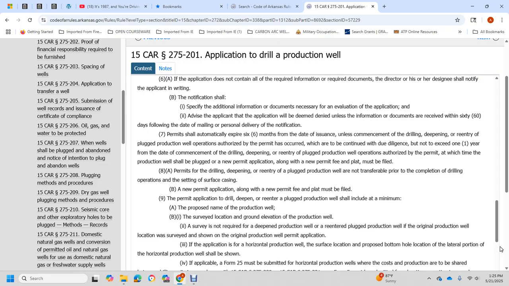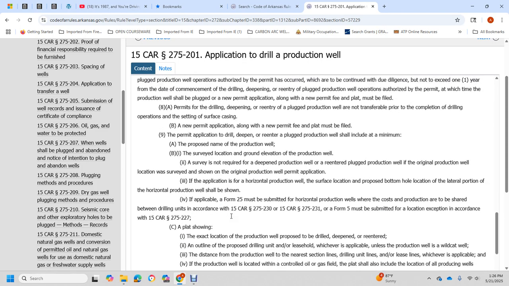for drilling, deepening, and re-entry of the plugged production well. A permit is not transferable prior to the completion of drilling operations and setting of the casing without a new permit application along with a new permit fee and plat. A permit application to drill, deepen, or re-enter a plugged production well shall include, at a minimum, the name of the production well, survey location, ground elevation, and for the first production well, the survey;